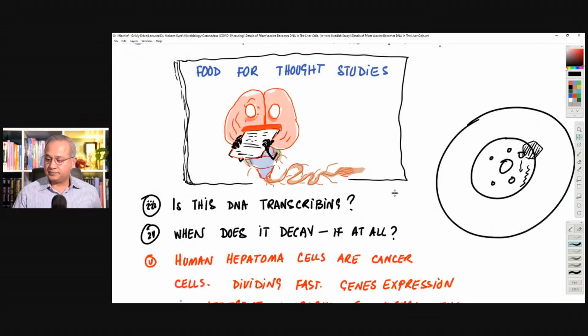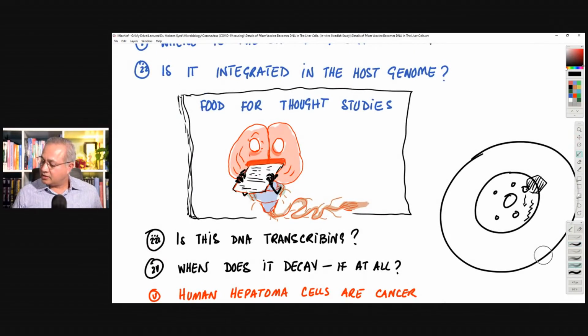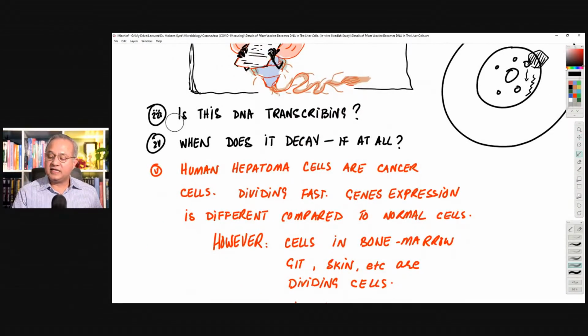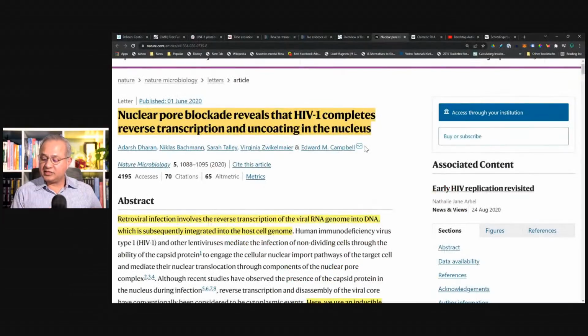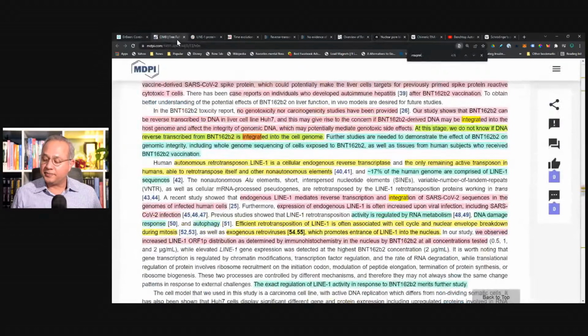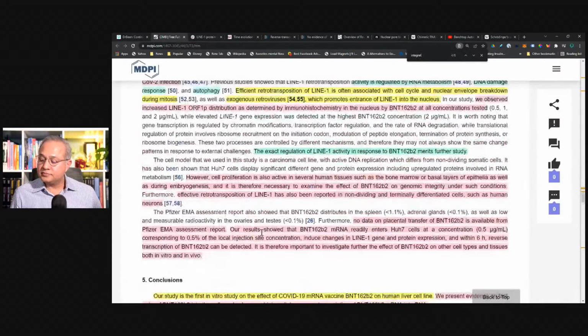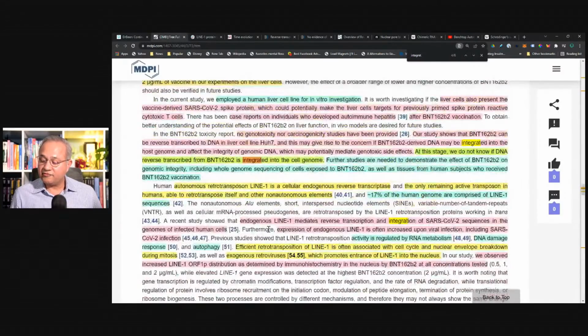Okay. So back here. Where is the DNA? Don't know. Is it integrated in the host genome? No, but I have now shared some studies with you. Is this DNA transcribing? Is it actually making spike proteins? We don't know. Interesting thing, if you look at the original study, they say the DNA that they found